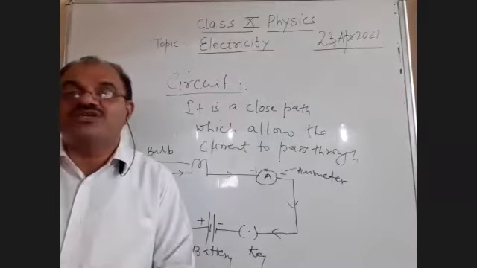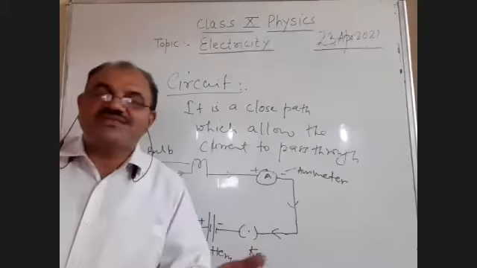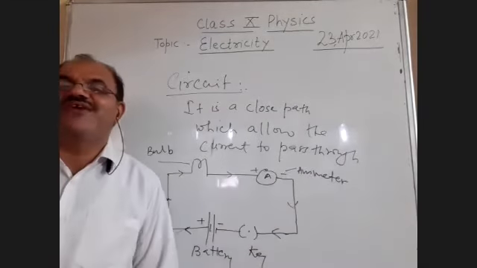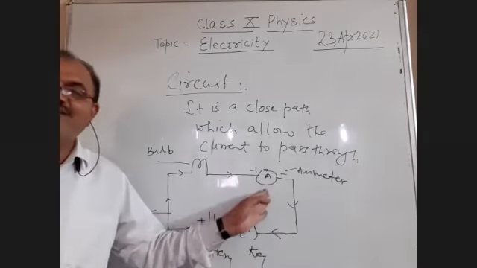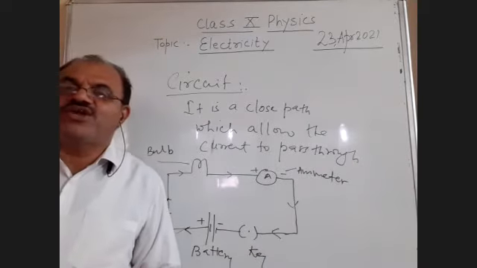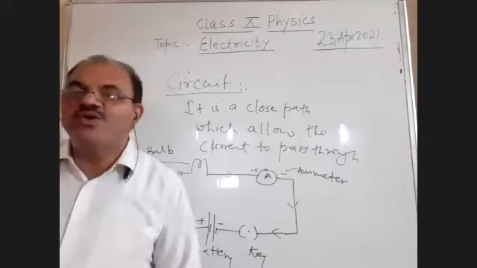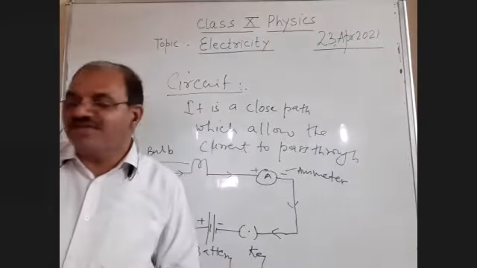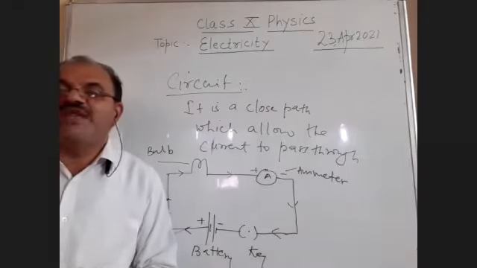This is a very, very important question for your NTSE exam, for any competitive exam. This question is always being asked. Why is the ammeter always connected in series? Now, a very simple answer: the ammeter is always connected in series due to its low resistance. When we discuss Ohm's law, at that time I'll tell you what resistance is, what low resistance and high resistance are, and how resistances are connected in series or in parallel. We'll discuss that while I explain Ohm's law.